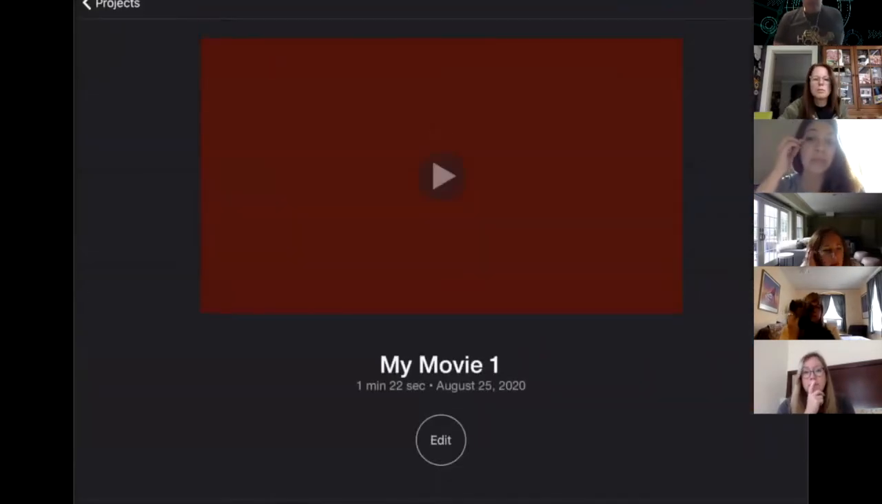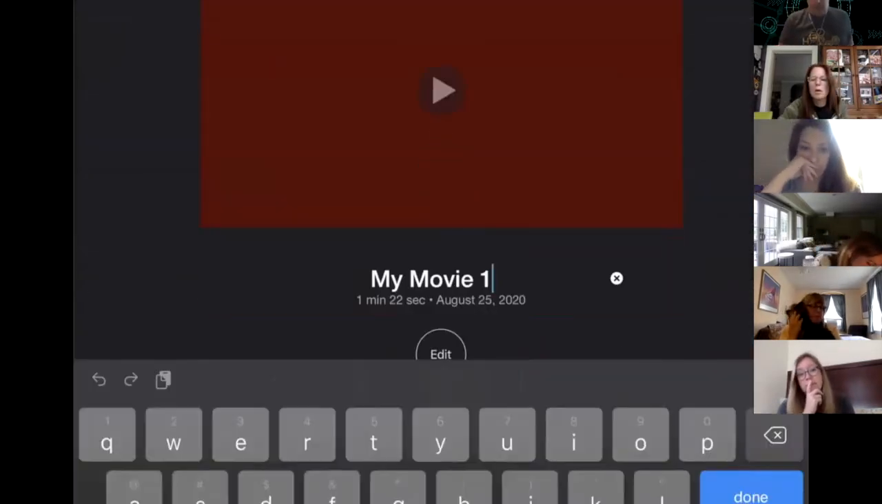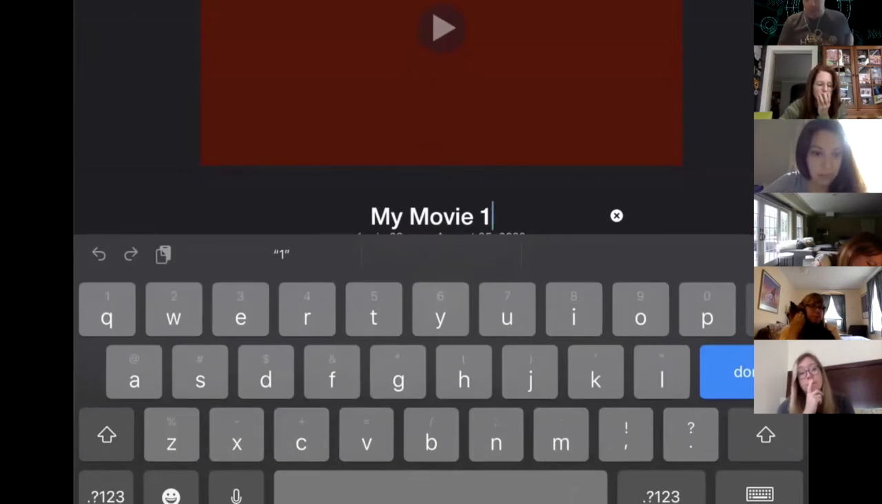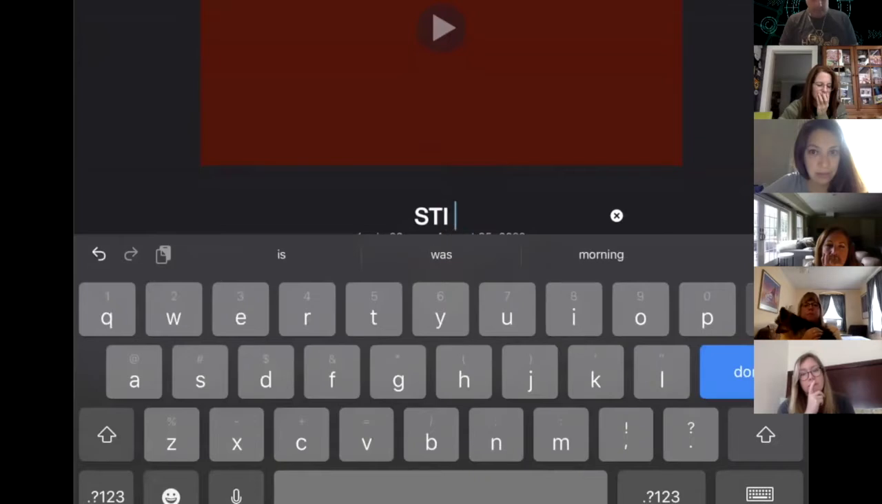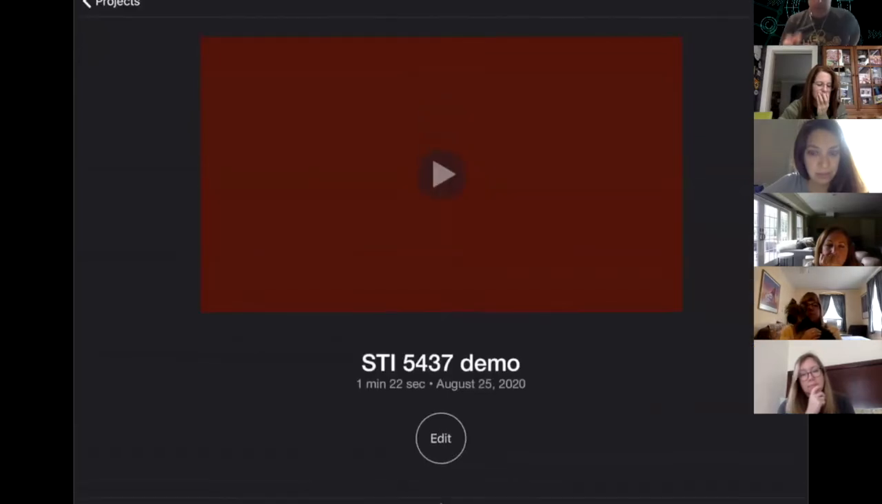Then when you say done, it comes back here and it saves it. So you can actually rename it just by tapping on My Movie. And it's in the iPad. That's the only place it is right now. To then get it out,